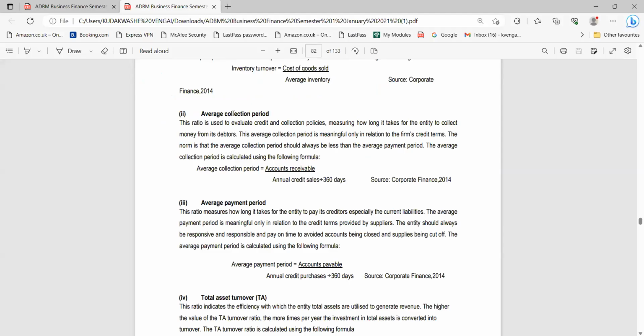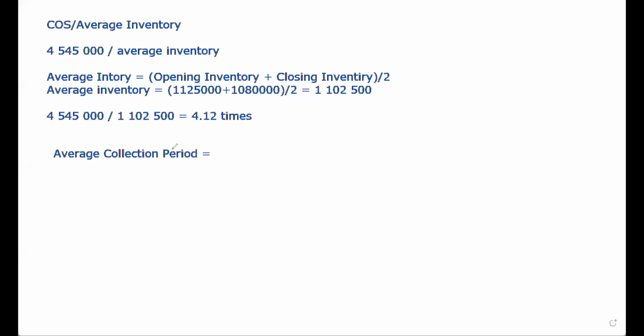Average collection period. In your study guide, average collection period is equal to accounts receivable divided by annual credit sales, then also divided by 360. But this is where it gets a little confusing because of the way he presented his solutions. So you've got two options here. If you are using his formula, the formula in the study guide, you are saying here,